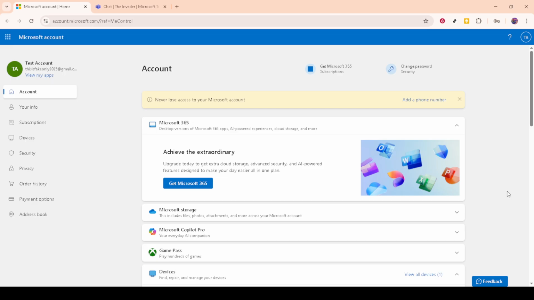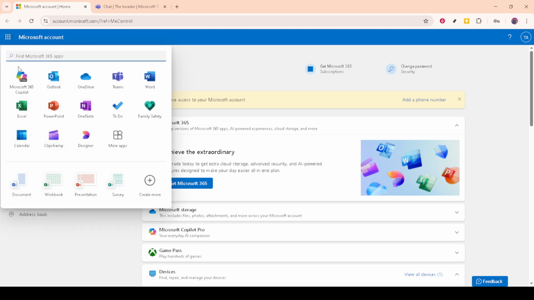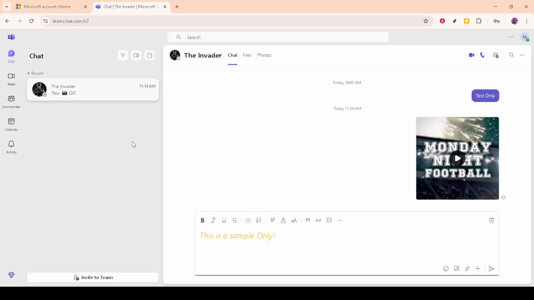First, you need to open Microsoft Teams. You can do this by heading over to the Teams website or opening the app if you have it installed already. Make sure you are signed in to your Microsoft account, the same one you use for work or personal communications. Having your login information easily accessible will make this process smoother.